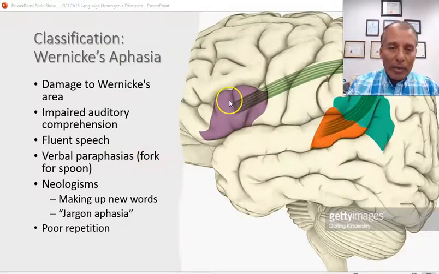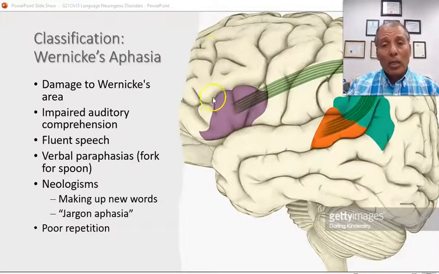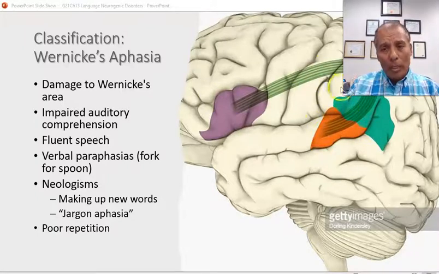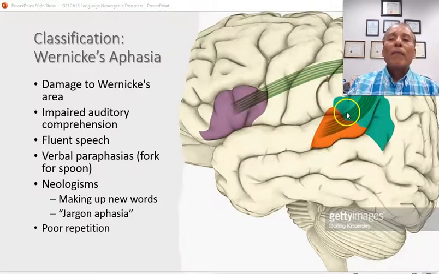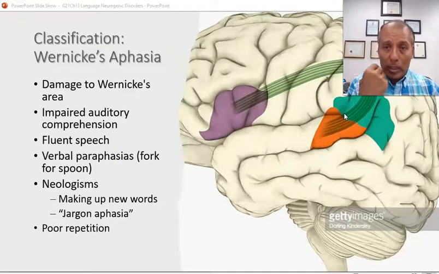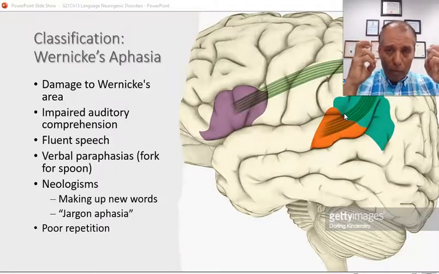So damage to Broca's area, or to the pathways leading to or from it, is going to cause Broca's aphasia. Damage to Wernicke's area, or the pathways leading to or from it, is going to cause Wernicke's aphasia. In Wernicke's aphasia, the person is not aware that there is a problem. When that person talks, they make all kinds of errors. They can say something that is not a word, but they continue speaking, called fluent, but there's no content.